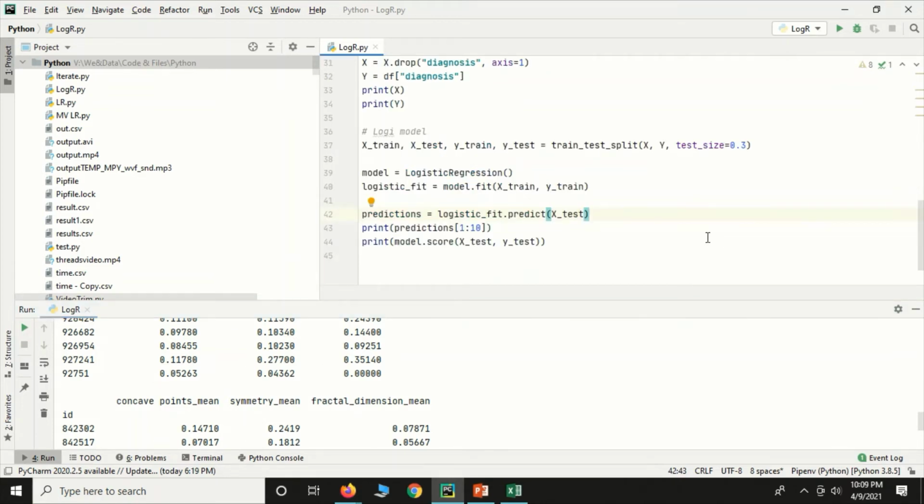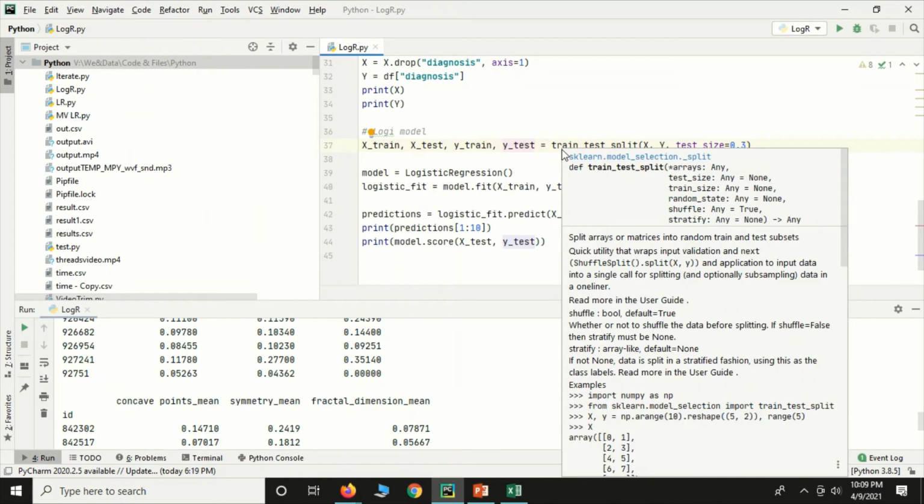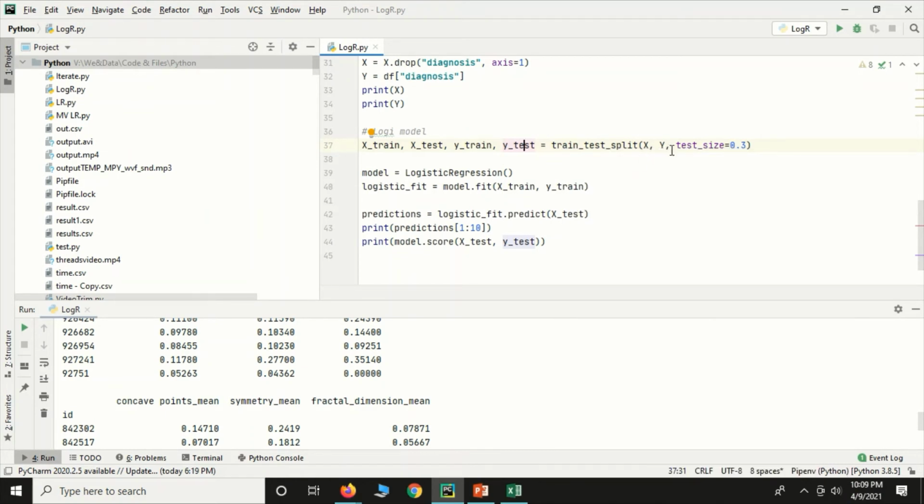Next, we're going to build the logistic regression model, with test and train split. I'm declaring 4 variables: x train, x test, y train, y test, and train test split. From sklearn, I'm loading that package to split x and y with test size equal to 0.3, that is 30% is given for test and 70% is for training. Model is logistic regression, logistic fit. I'm fitting the model to the data x train, y train, and I'm going to predict it. Okay, x test alone I'm going to predict with the model. I'm just printing the first 10 predictions.